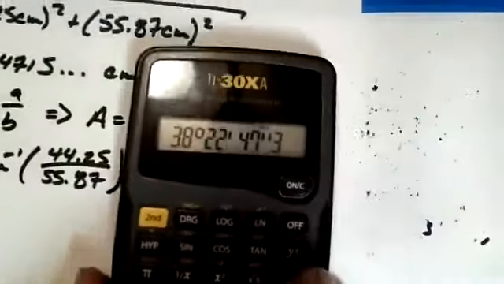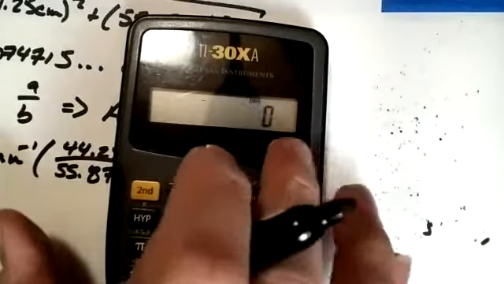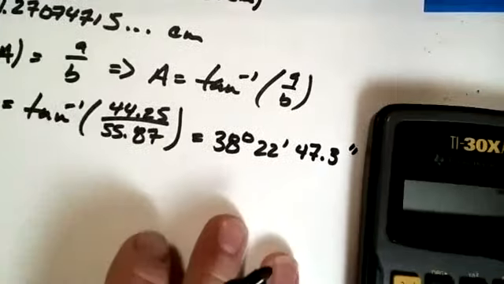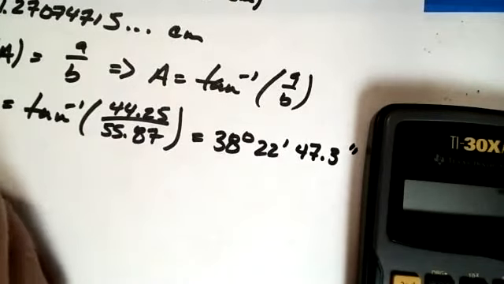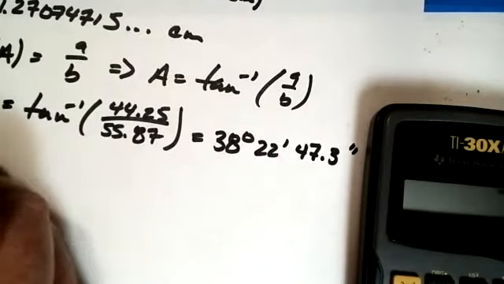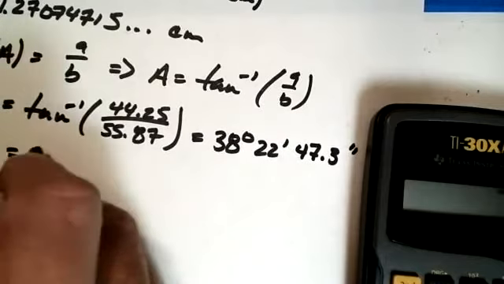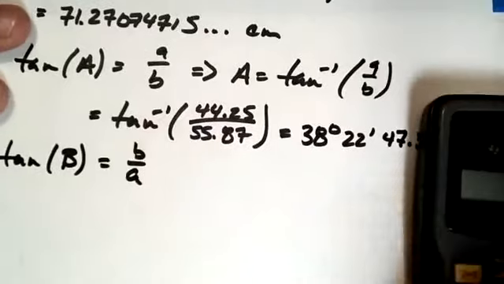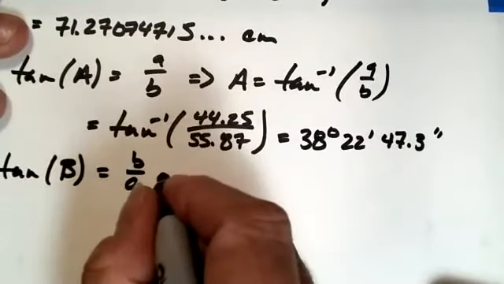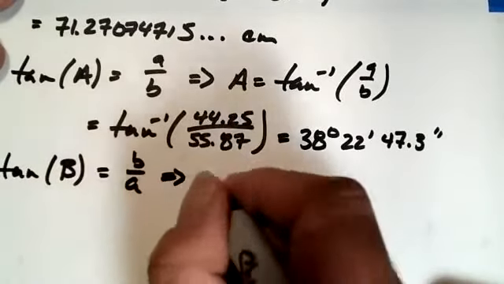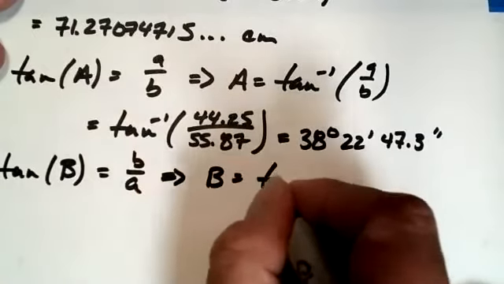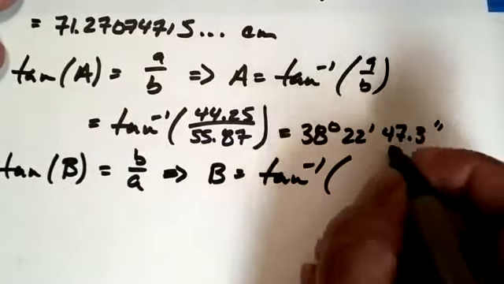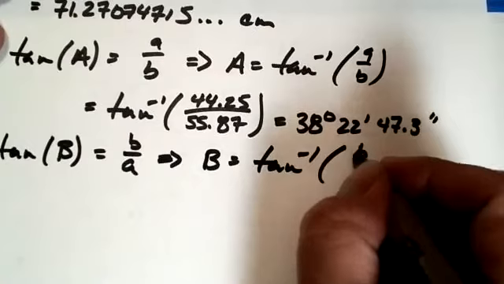That's as good as I can pull off my calculator. And I'll apply significant digits here in a minute. The other angle, tangent of B, is B over A, which implies that angle B is equal to the inverse tangent of, just flip them upside down, B over A,